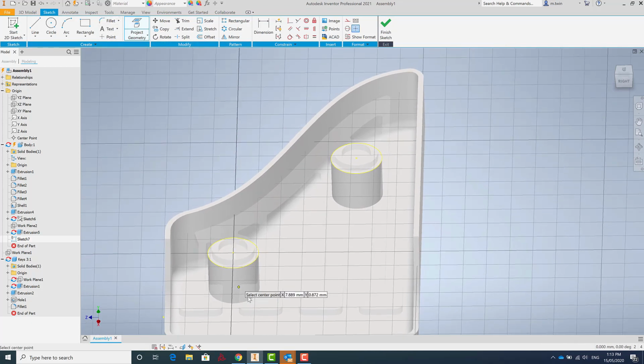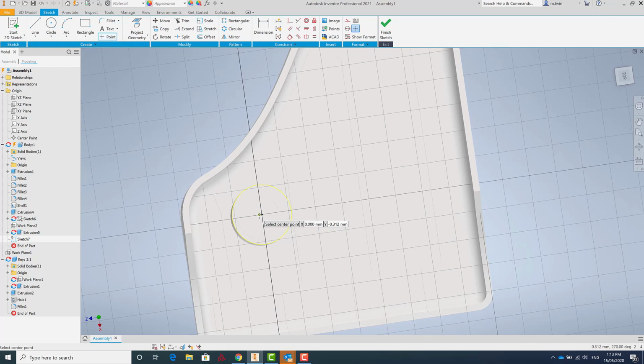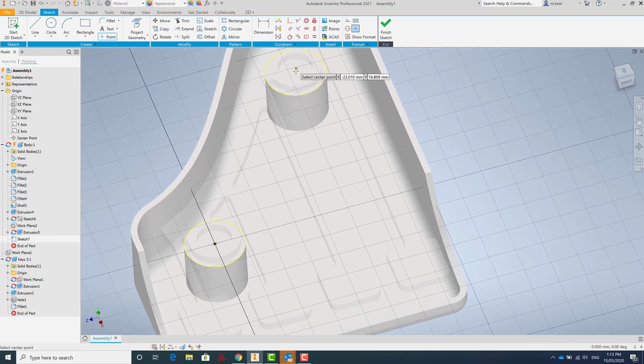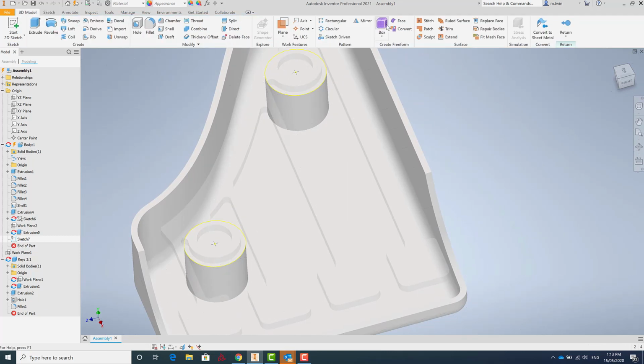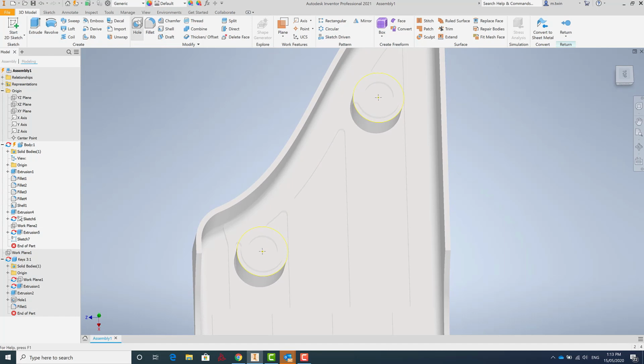Grab my points in. So those points for the center of those circles. And again, that's so we can create a hole feature for that. Great. So we'll use our hole tool,